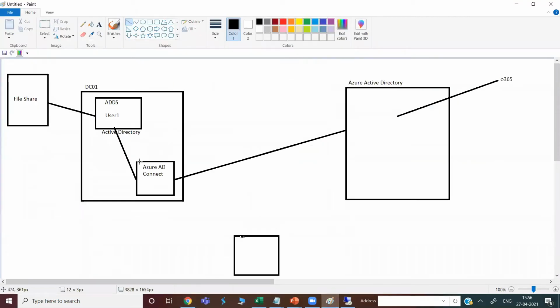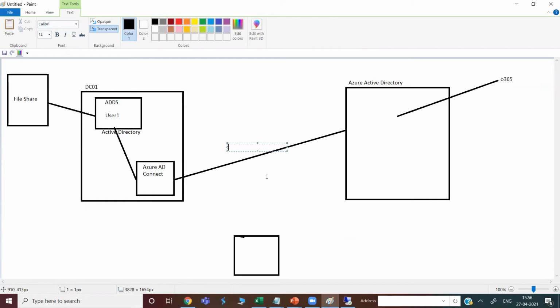because we know that whenever I install this Azure AD Connect on this DC01 virtual machine, where I'm deploying my Active Directory, to establish this connection it will ask for an account, one account which has the global administrator right. What I can do is create one account here, Azure admin, and to this Azure admin I will assign one global administrator role basically. So this I need to do.